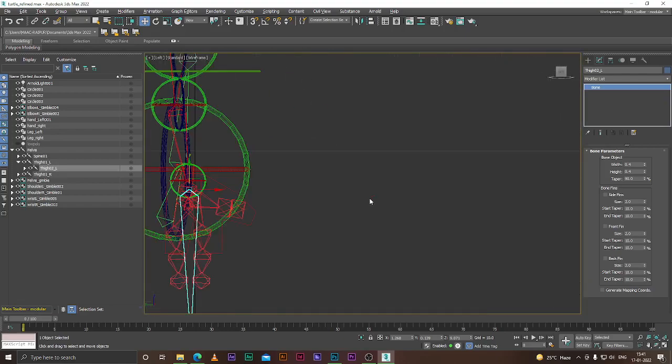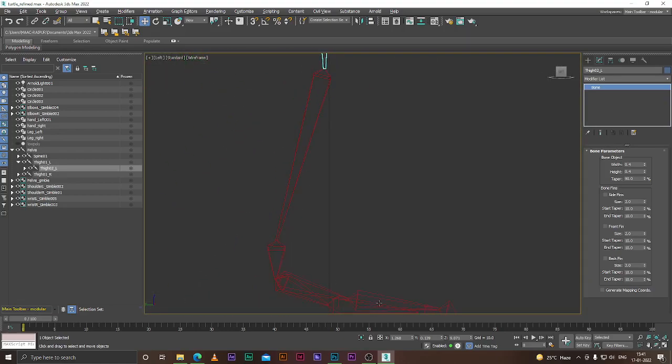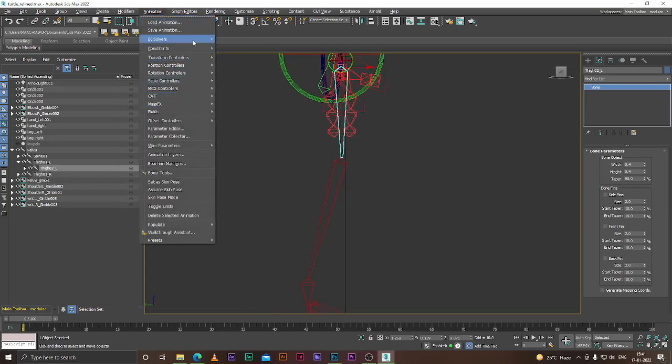Now what is a hierarchy? Hierarchy is the connection of a joint. Okay, so I'll be selecting this one, and I'll put an H. If I wanted an FK, then I will be HD, hierarchy dependent. Okay, so what I'll be doing, I'll just select this one, and I will be giving an IK solver for